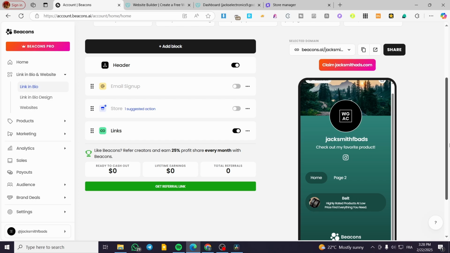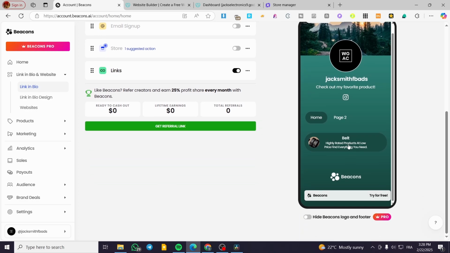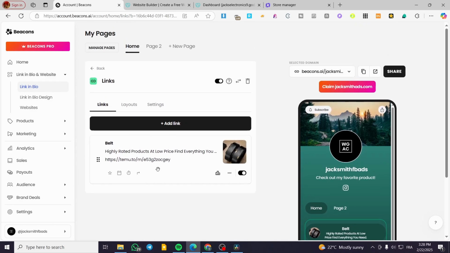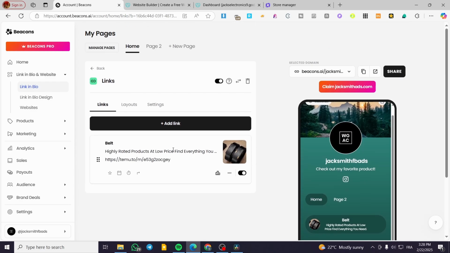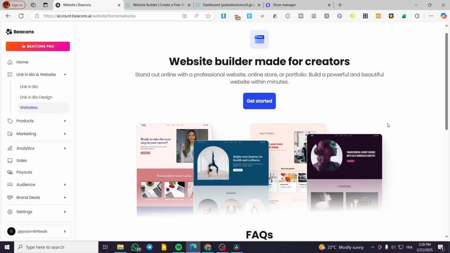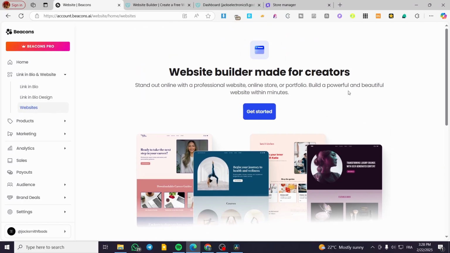We can design this link in bio, put some social media icons and also links, and set up the products that we have. For example, as you can see, I have put a product, which is a product from Temu. So, aside from that, you're going to have also the ability to create websites. And these websites are generally not that heavy a use of a website, but they are going to be created like a landing page, a product page, or something like that, or a little blog or